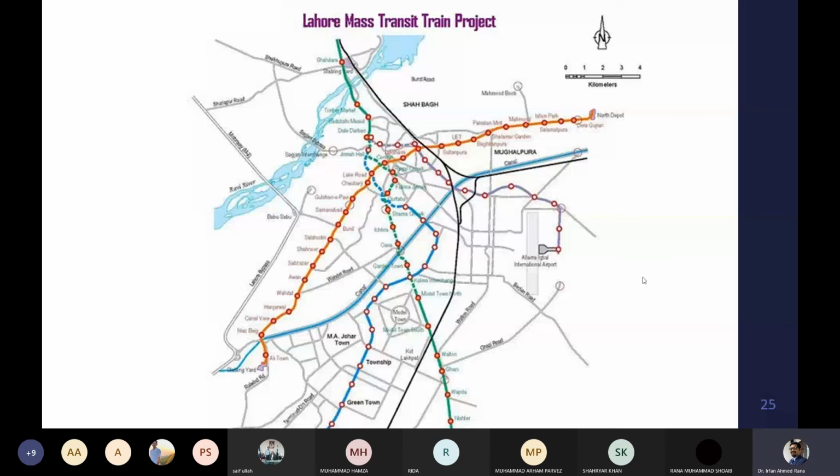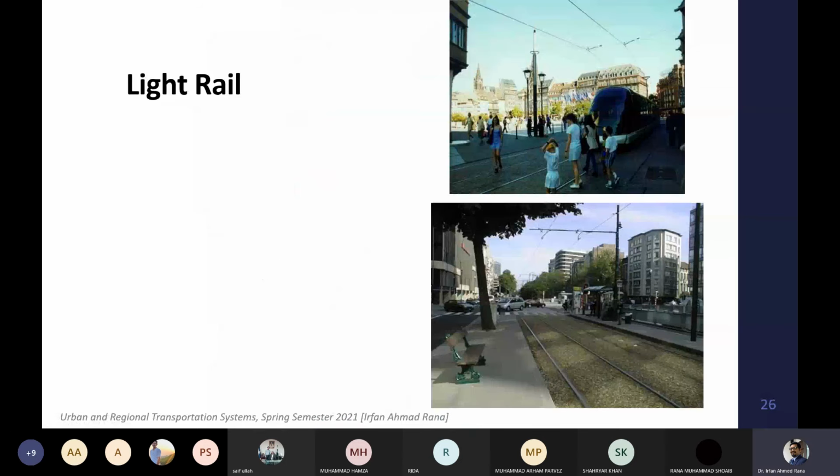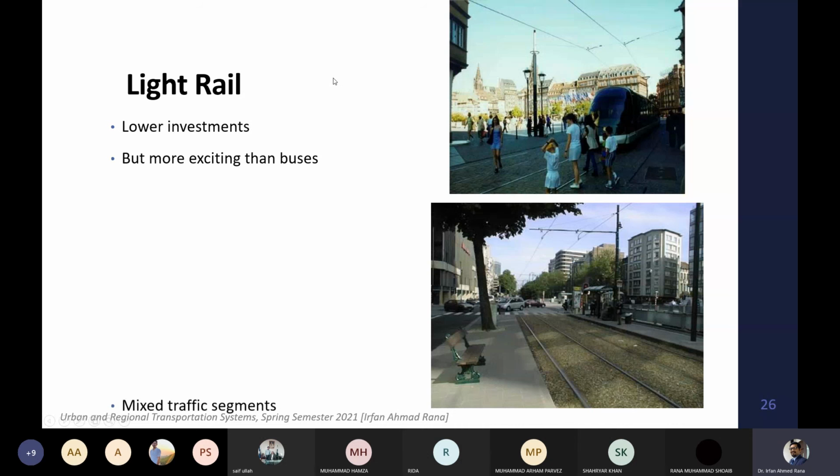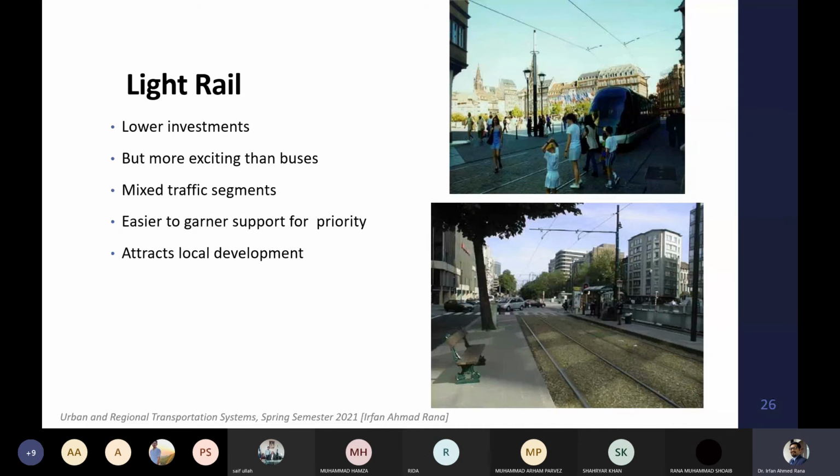Okay. So light rail. We don't have light rails in Pakistan. We don't have these slow moving trains or trams moving in the city center, especially in the downtown center. But I have observed them in various European cities, where all the downtown is pedestrianized, and only this kind of light rail can move in the city center. So that is very convenient. I'll go into the suburban trains in the next slides. Suburban trains are high-speed rail networks outside, and once you reach the downtown center,